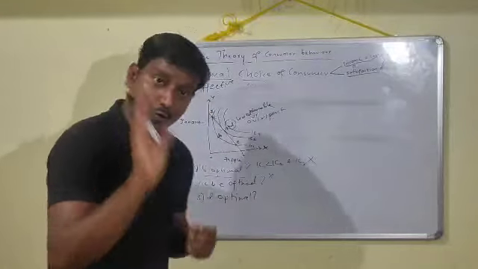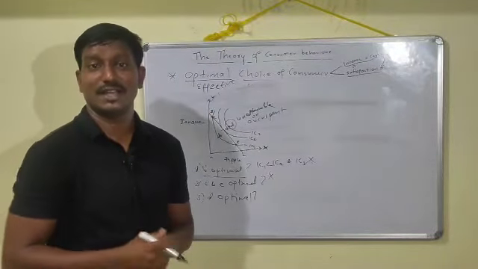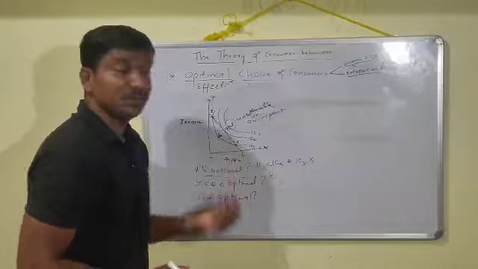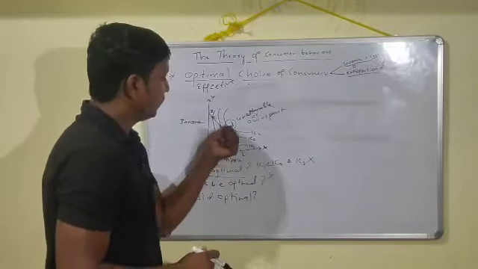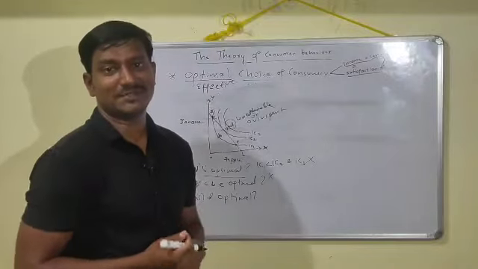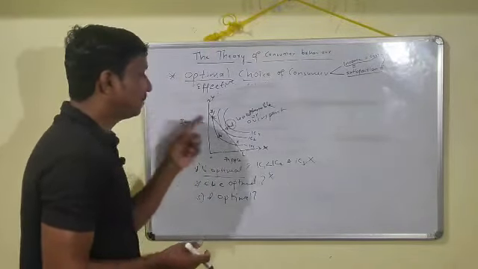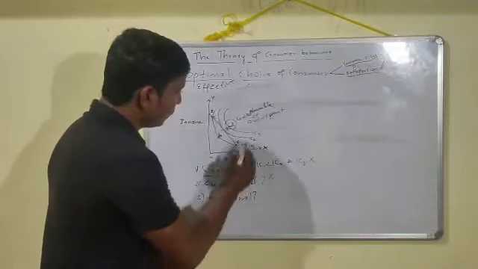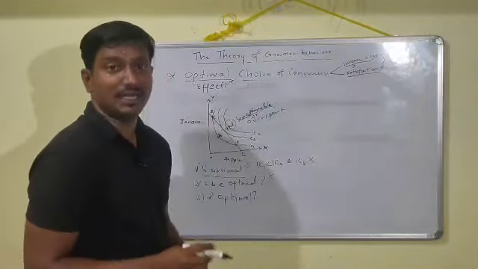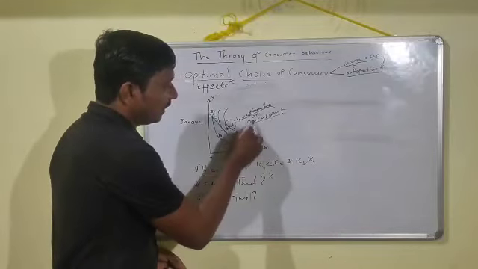As I already mentioned, of course it gives a higher level of satisfaction, but what is the problem here? The problem is income, that we don't have that much income here, isn't it right? So point D, even if it gives a higher level of satisfaction, we can't accept it as an optimal point due to the reason that we don't have that much income. So we call that point an unattainable point or overspent.